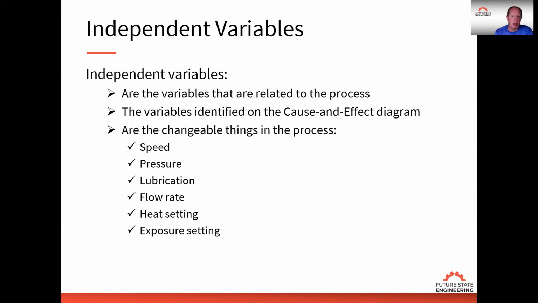Understanding the relationship between those two variables is extremely important and gives the team a great understanding of, hey, if I make this change, what's the effect I'm going to see on the output of the process or system? This gets into the next level of detail of things we can control, things that we need to control to satisfy our customer and give better service and performance to our customers.